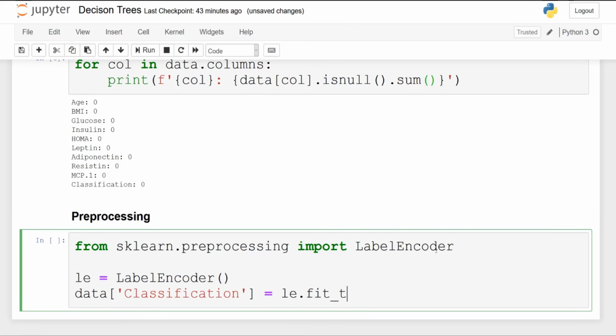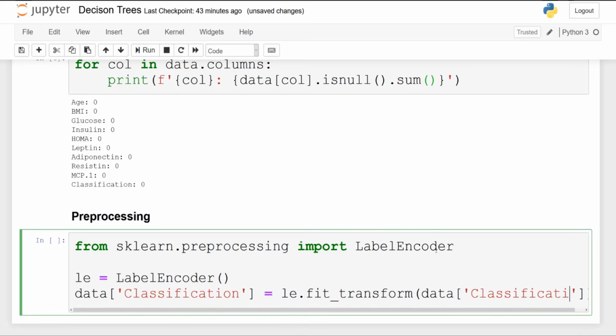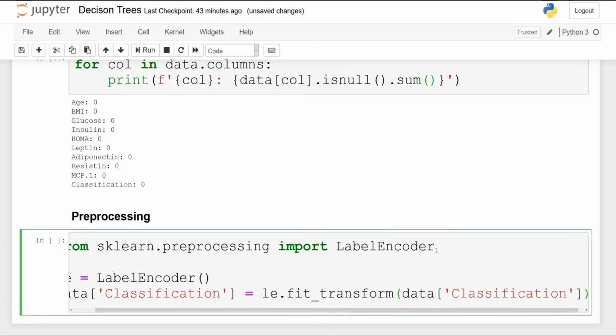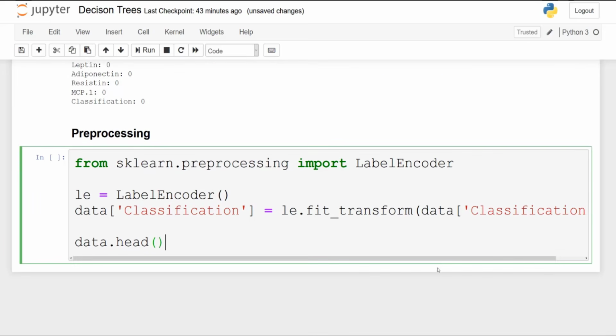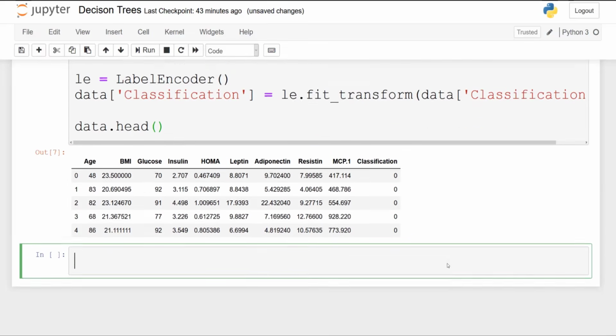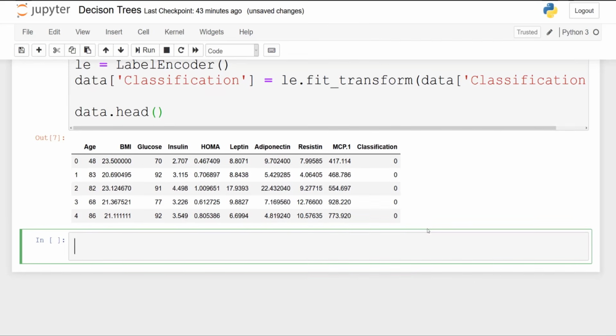So data['Classification'] is le.fit_transform, and you pass in data['Classification']. Now, to make sure that everything is right, we'll display the first 5 rows, and everything is right. Now, the healthy control is 0, and someone with breast cancer will have a label of 1.